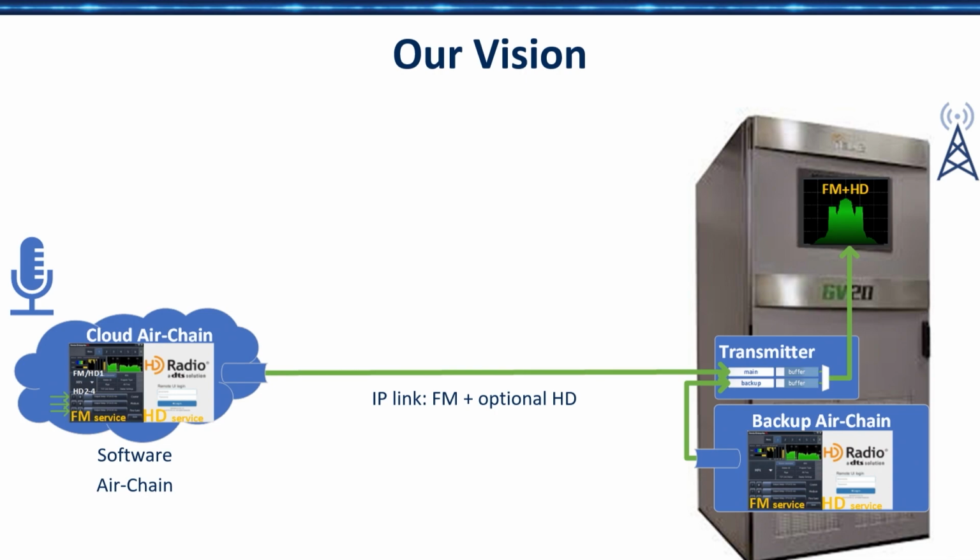So we see a lot of that change in the way cloud services are offered, how software air chains are happening, and we believe the interface into the transmitter, that is where we can come in, where we can contribute, where we can add innovation. So we're more focused on the connectivity from the cloud into the transmitter. We're not going into some of the details like Radio Cloud was talking about yesterday or Wide Orbit. So we're more or less the egress from the cloud, if you want to look at it that way.